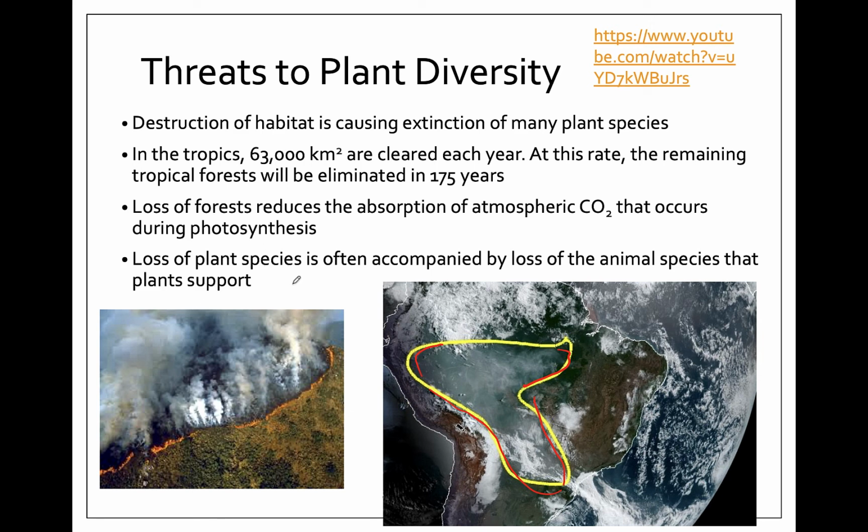The rainforest is absolutely essential to our planet. It reduces atmospheric carbon dioxide because of photosynthesis, so it's a huge CO2 sink, but it's also a huge source of plant diversity. Probably fewer than 5,000 species from the rainforest have been studied for medicine, and there are so many that we haven't studied or found. So there's this huge potential for